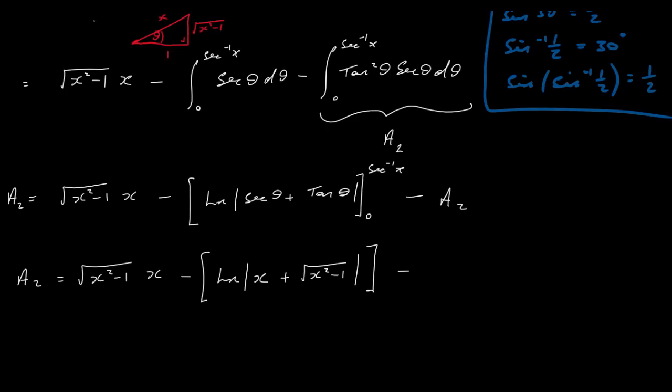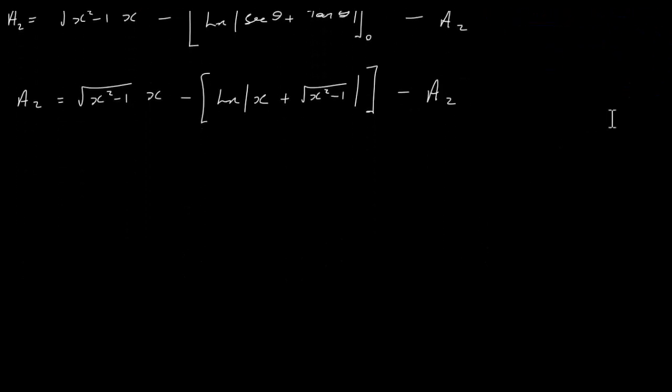Now out here then we have a2 again. Okay, so let's keep going. We have a2 is equal to the square root of x squared minus 1 times x minus this log here. This log is just going to be positive, so I'm just going to leave it as it is. Log of x plus the square root of x squared minus 1